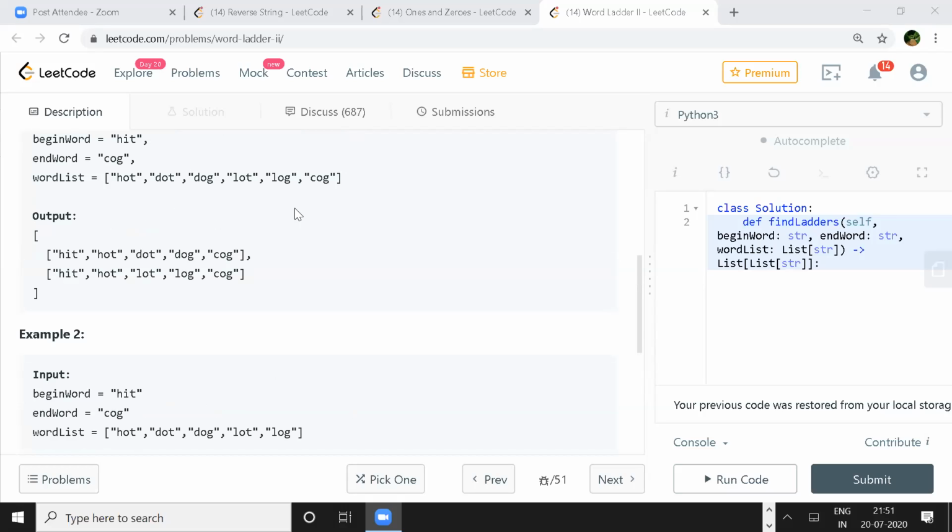Because all of them are lowercase, we can take the size of that word, start from the 0th index, and keep changing each letter from A to Z, and find if we are able to find that word in the word list. If we are able to find it, then take that and keep on doing it.